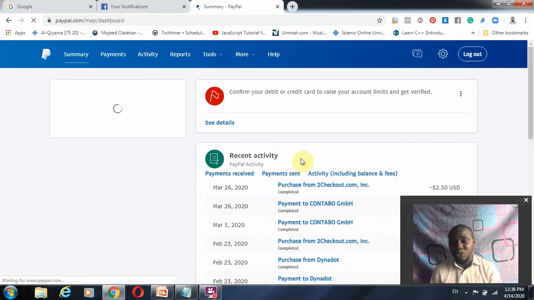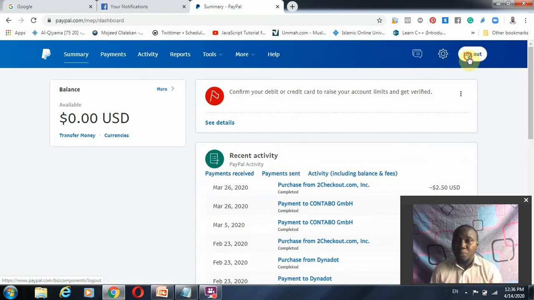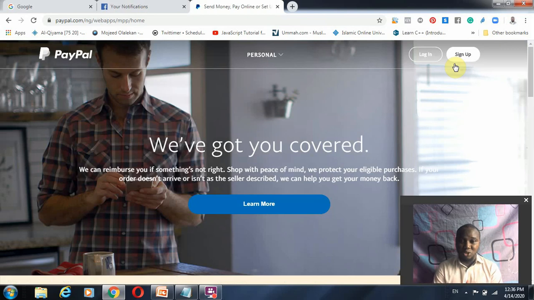The reason why you need to create PayPal is that most of the transactions you may be doing as far as this training is concerned would need to go through PayPal payment. And it's simple. Once you get to PayPal, you sign up, you go to your settings, you go to money, bank and cards, and you link your Naira card with your PayPal account.